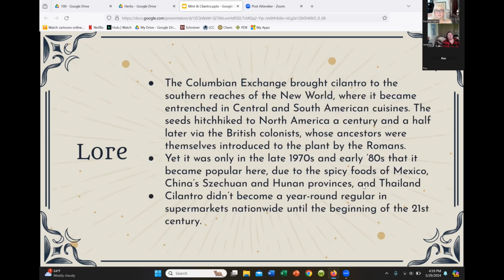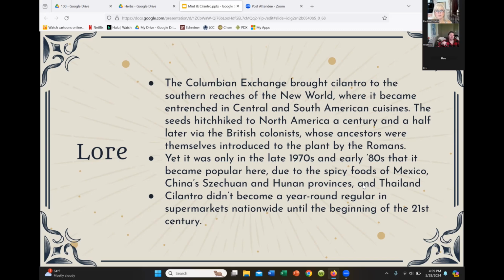The Columbian exchange brought cilantro to the New World, where it became really common in Central American and South American cuisines. Again, there's some talk that maybe it was already in South America. We're not totally sure, but we know that the Columbian exchange spread it to the Americas. And then eventually it made its way up to North America by the British colonists,